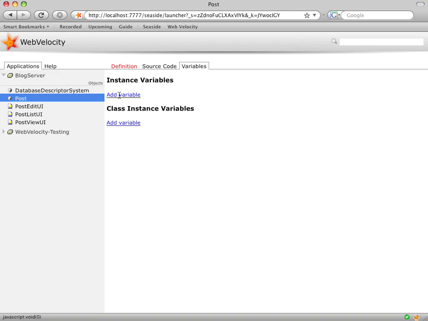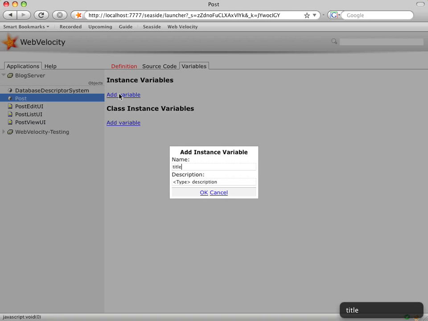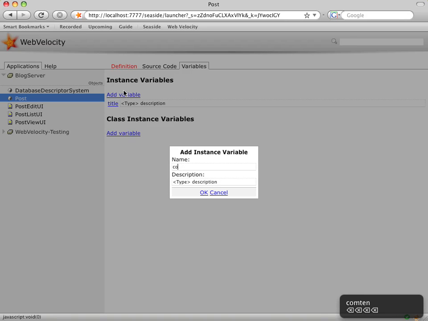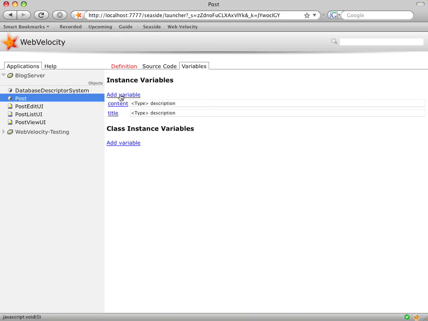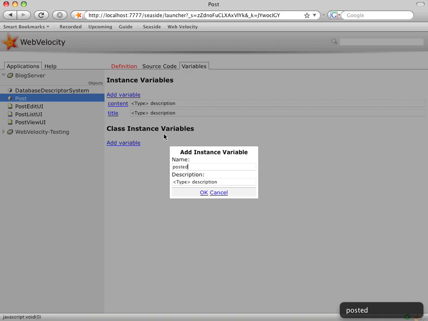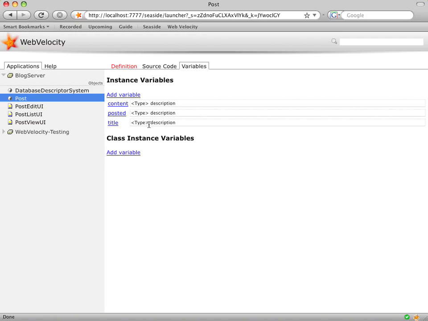We're going to add title, and we'll add content. Ooh, spell it right. And we're going to add posted, which I'm going to use as a timestamp, like so. And we could put the descriptions in here, and we probably should, but I'm not going to in this demo. So posted is going to be a timestamp, so we want to initialize that whenever we create a